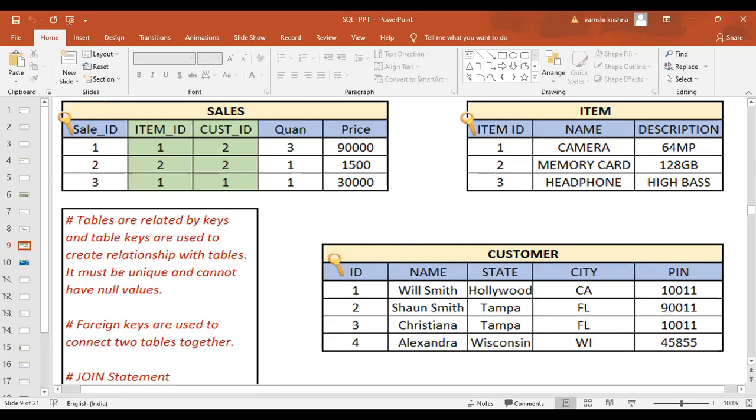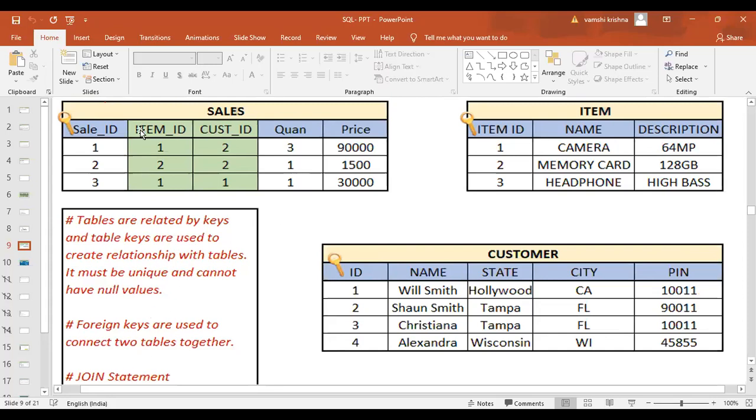Ma'am, this sales and item I understood, but the last one, customer. Customer, it is only a customer. It is basically the name of the customer, the state, the city he lives in, what is the pin. I only have customer data there. So in this particular table, if we are supposed to fetch the data from the sales, we'll go to the sales table, and if item, then we'll go to item, then customer, then we'll go to customer, right? Exactly, different. What I'm trying to tell you is, there is no relationship here. It is a very tedious job to go to individual tables and get the data, right?